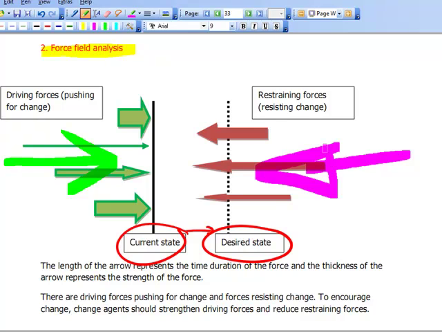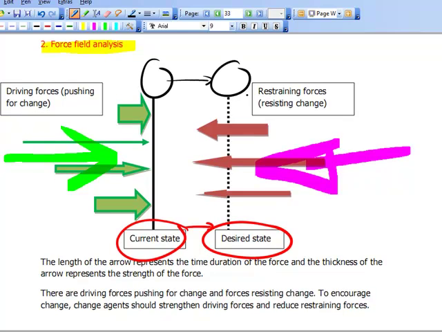And these arrows, the length of the arrows represents the time of the force, and the thickness of the arrow represents the strength. So remember, if we want to move from the current state to the desired state, so we want to move from a badly performing school to a better performing school, we can either, to encourage change, increase the driving forces or reduce the restraining forces. Okay, we then had